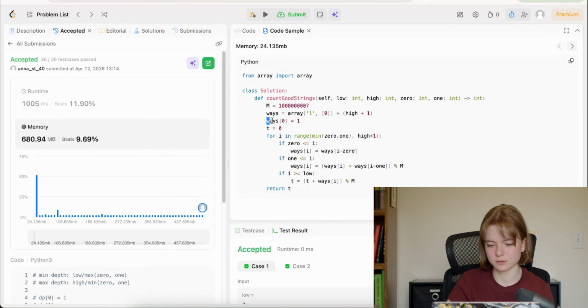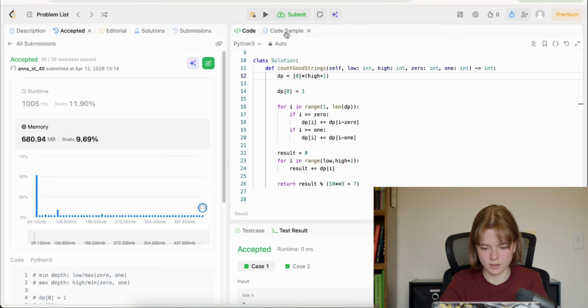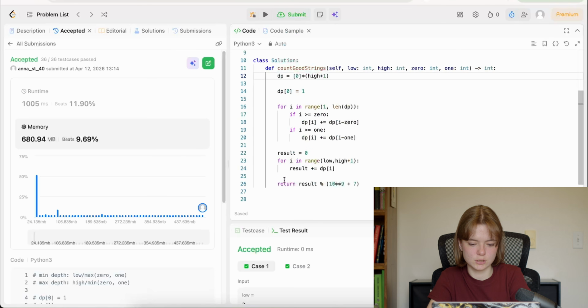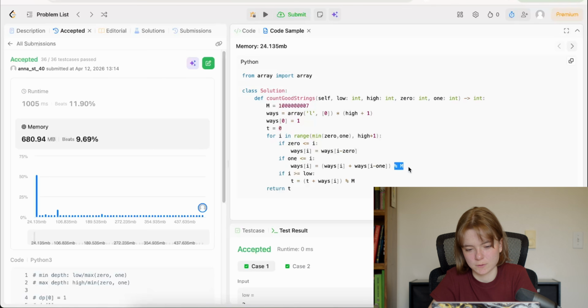So what's actually making the difference for something like this? For memory. So ways is their DP, right? And then I think it's the mod. Yes, back to that. Why is it that we're only modding on that? And also, what is this? We have 0 that, 1 that. Yes, but we don't have if i is greater than or equal to low. Oh, I think they just condensed this into here. But why are we modding it here and not here? That's what I want to know.